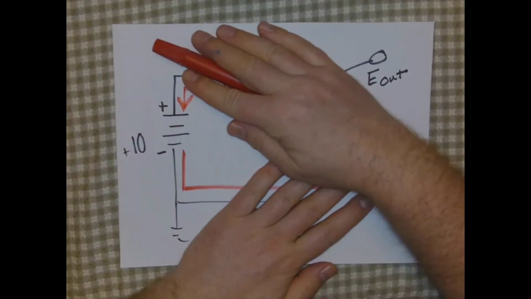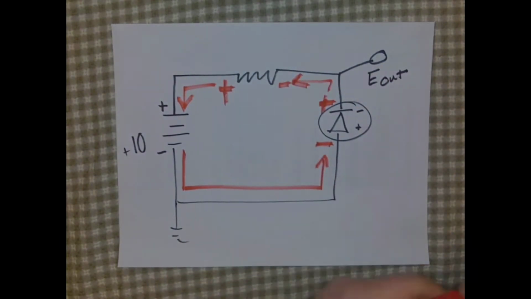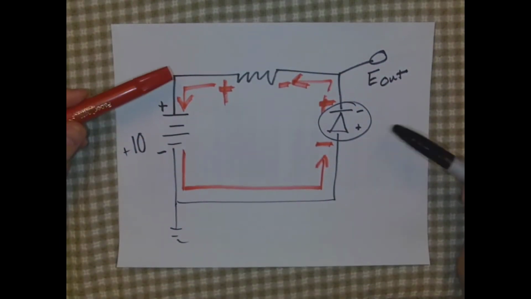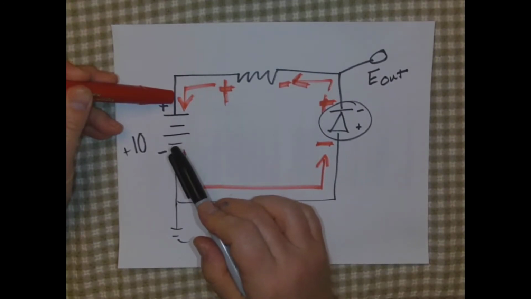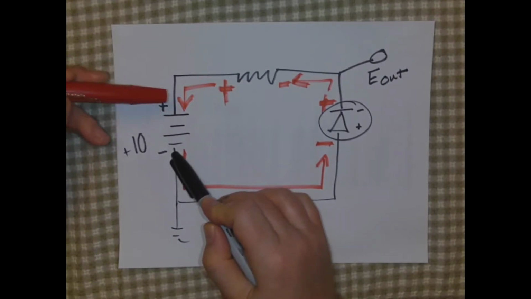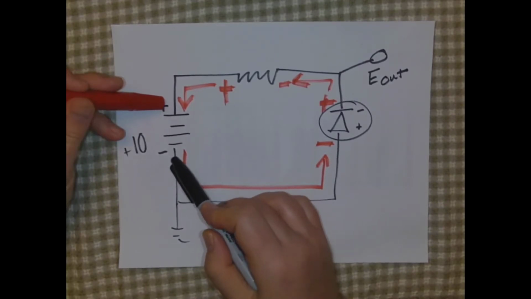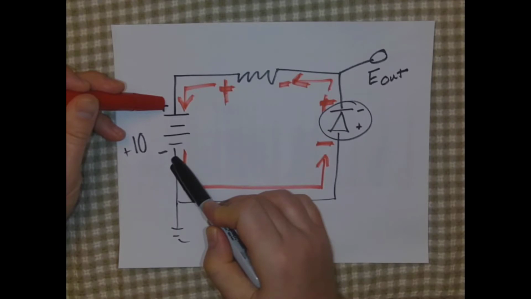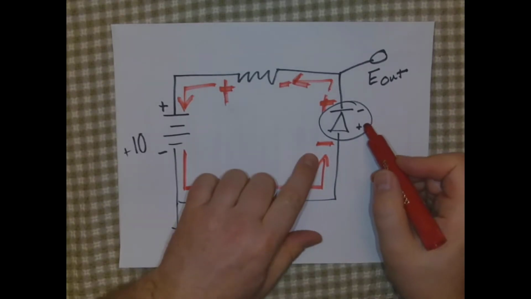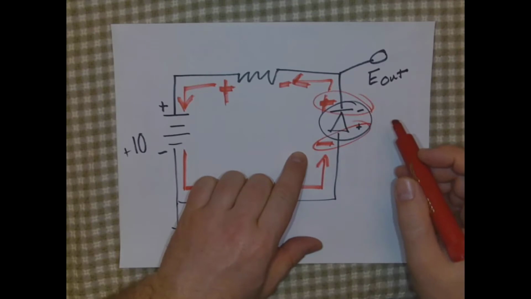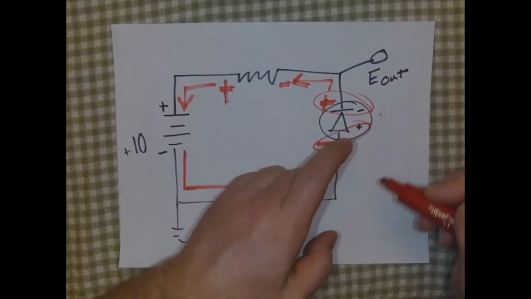If there was no circuit, I could take my voltmeter and measure across my battery. If I put my common on the negative side of my battery and my voltage measurement on the positive side, I would measure whatever my battery was supposed to be. In this case, it's 10 volts. Now, if I look over here, my signs don't match. I have a positive negative and a negative positive. So that makes this no-go,